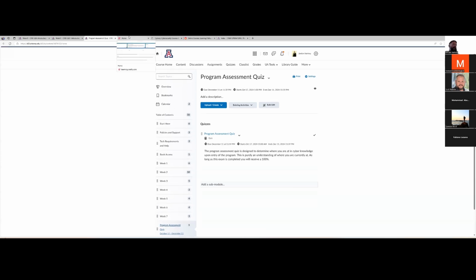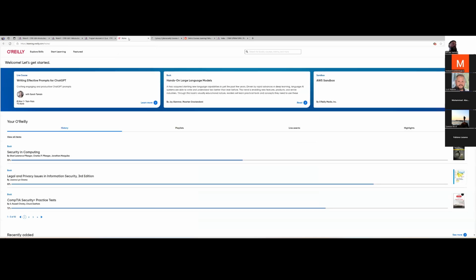So let's talk book access. We are on the 5th edition for this class. There is a 6th edition that came out right around a year ago, I think it was. And while there's not a ton of material differences, I do suggest using the 5th edition, because if I tell you to read chapter 1 and half of the stuff that's in chapter 1 has been moved to chapter 2 in the 6th edition, you're on the hook for that, right? And so it's just simpler if you use the 5th edition book.